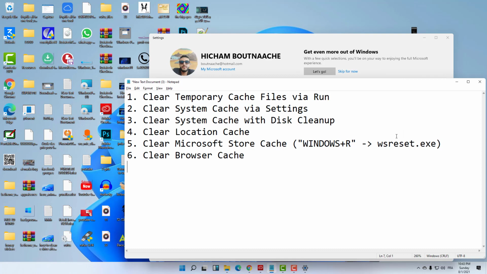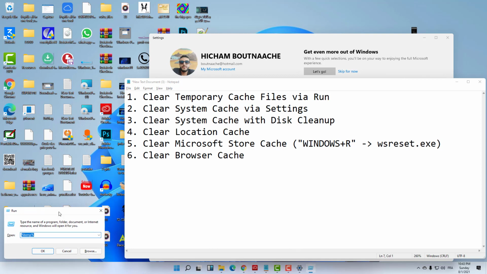Now let's go over method number 5, that is about the Microsoft Store cache. So in order to do this, all you need to do is go again over the Run tab by clicking on Windows R, as you can see, and then here this time let's type this sentence here, as you can see,